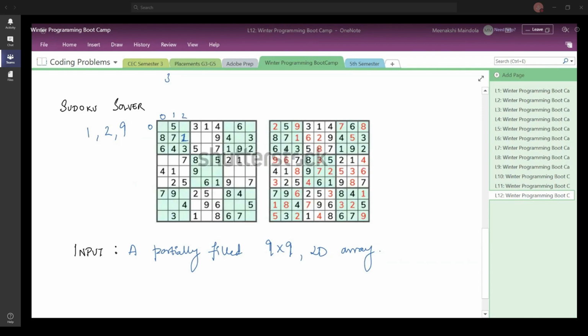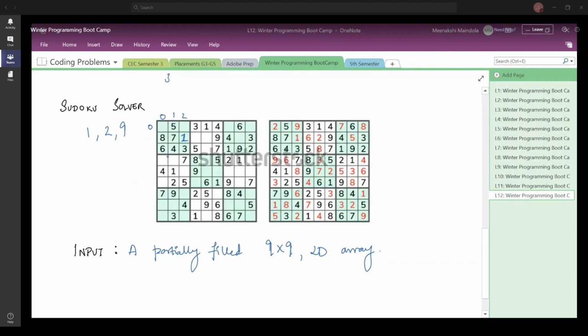So I have just now filled 1 here. I know that 1 is in column number 1, and in column number 2 it is here. But in this column, which is column number 0, I do not have a value 1. So let me try to fill 1 in this column. I am going to see where I cannot have 1. When I consider this column, I cannot have 1 here because I already have 1 in this row and also in this submatrix, so I cannot have another 1 in this submatrix.